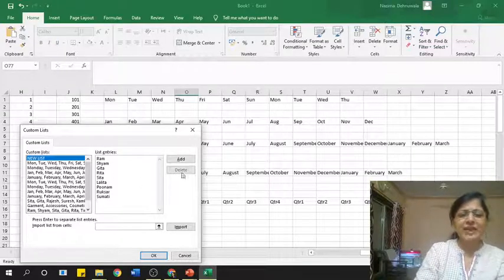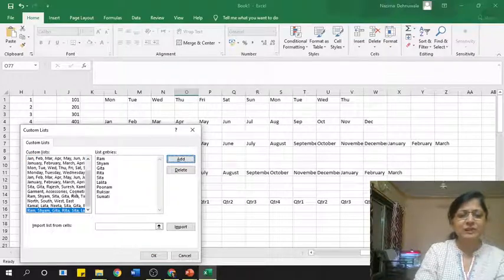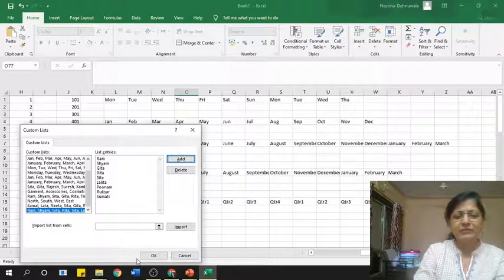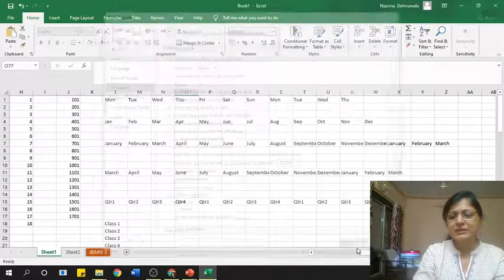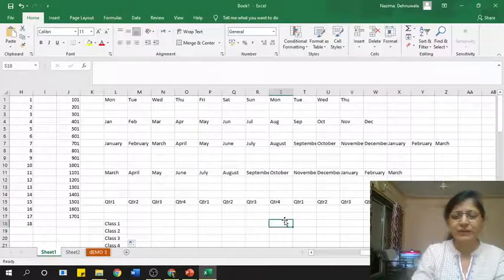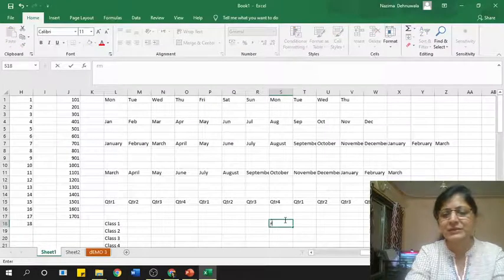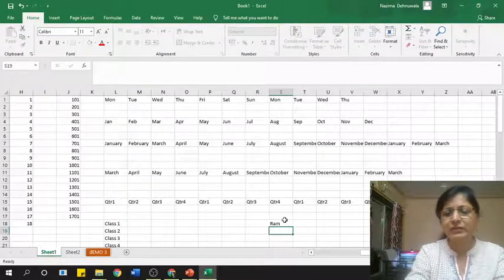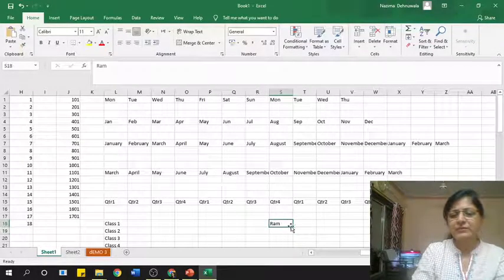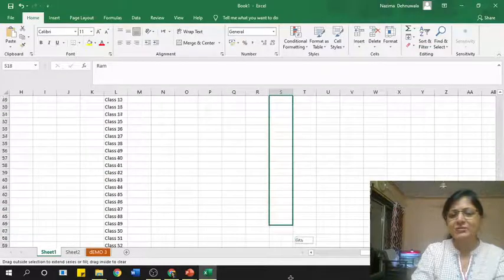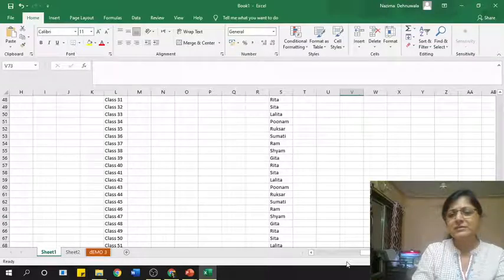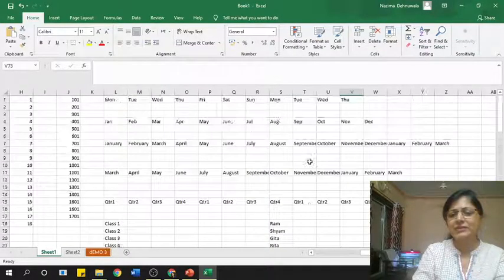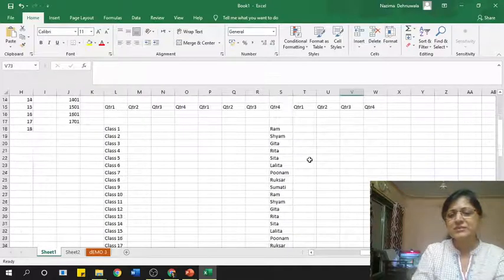If I click Add over here, this will get added to my lists. Now whenever I type something from this list, like the name Ram, and I select it and drag it over here, I will get the custom list I have created. So this is a custom list.